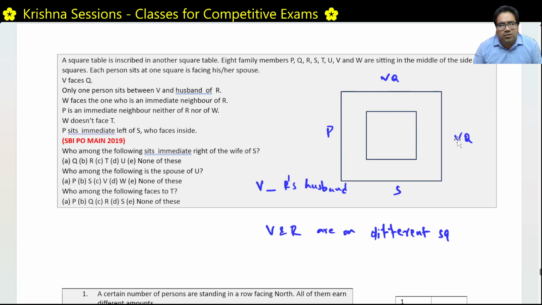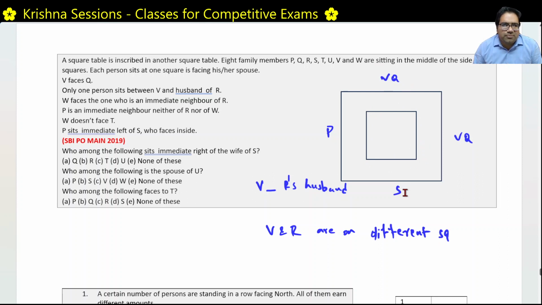Now, V has two options. V can sit here as per this condition. V faces Q, right? In the outer square, V has only two options. In the inner square, V has four options. If V is sitting in the outer square,